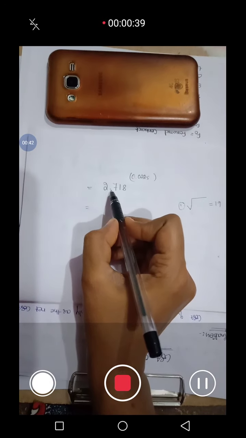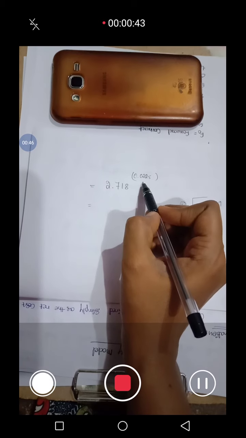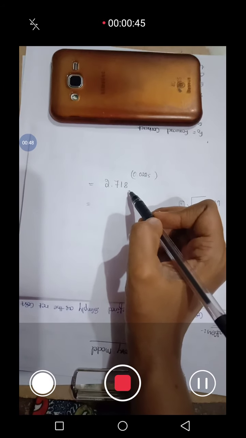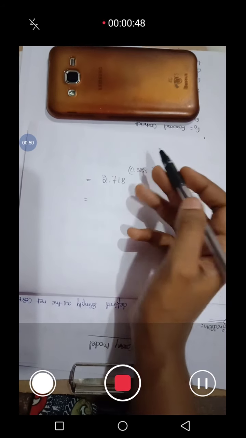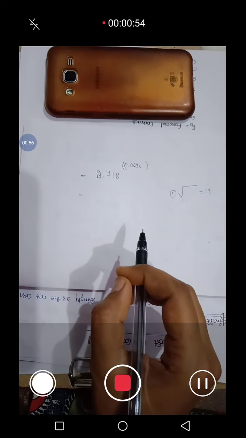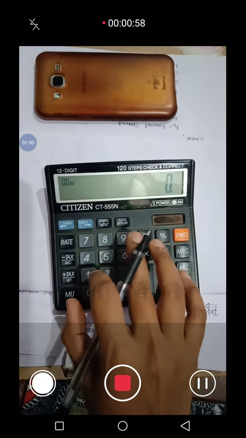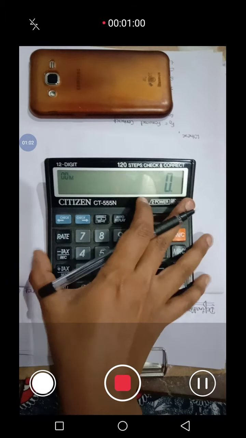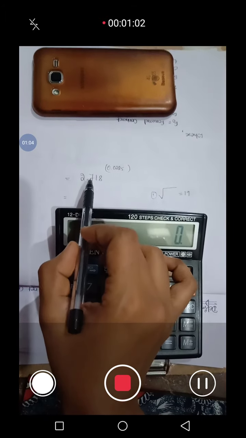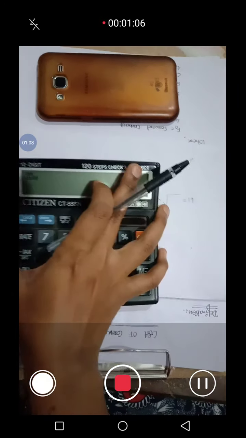Calculating this log number for this power calculation, we can do it with the help of the scientific calculator. As in the examination it is not allowed to use scientific calculators, we will, with the help of this normal calculator, solve the method for calculating the power calculation.